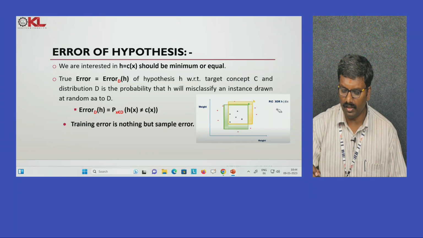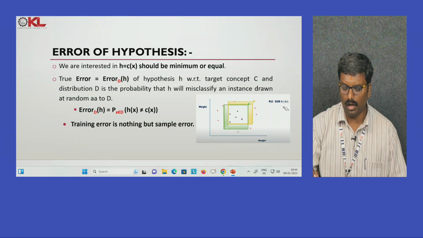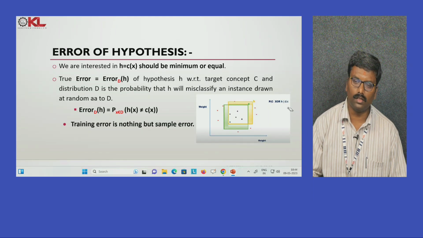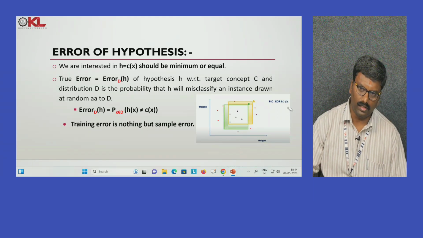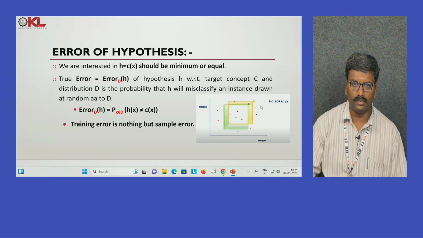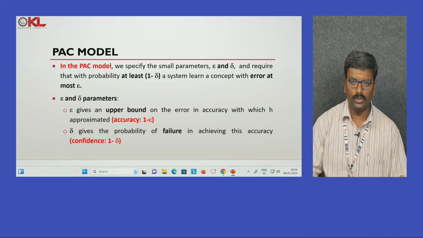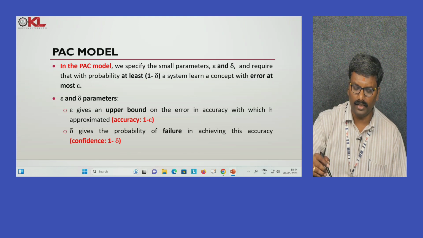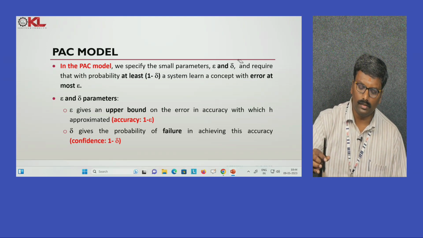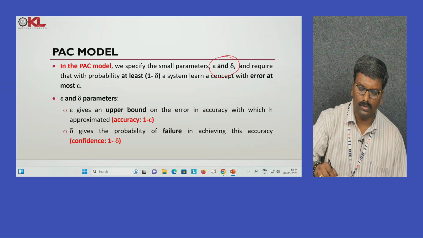The probability of the region C exclusive-or H is always less than or equal to epsilon. We define some parameters here in the PAC model. In this PAC model we specify the small parameters epsilon and delta, without these two parameters